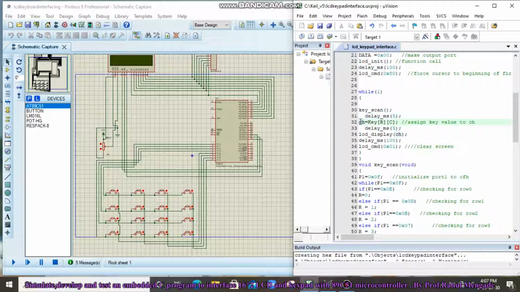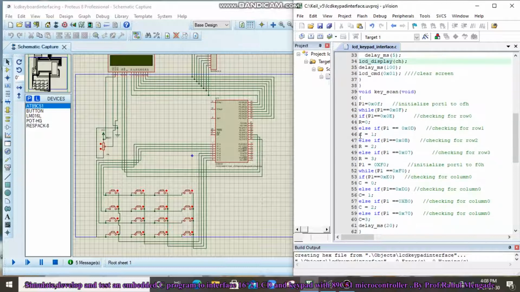Then ch is equal to key of r and c, right? That means it assigns the key value to ch. This is one character data type, right? That means the key value is assigned to ch. Then a 5 millisecond delay is generated, and then one more function is called, LCD underscore display. So the ch value, or the key, is passed through this function, right?